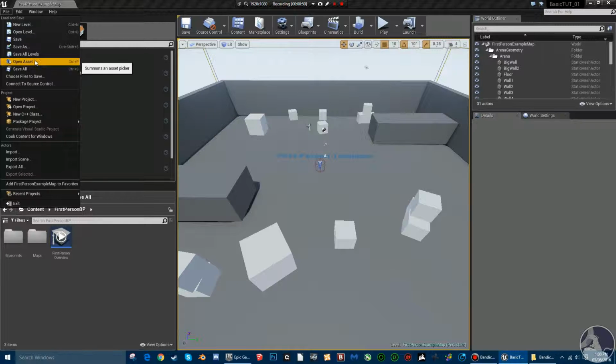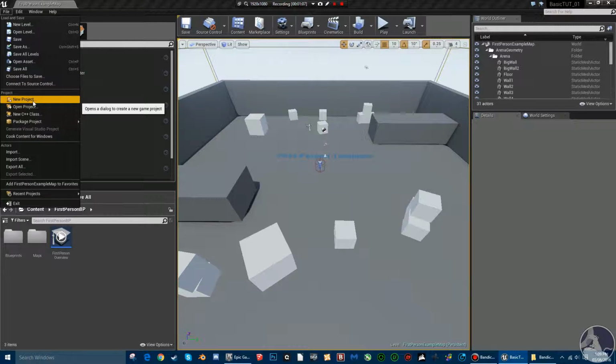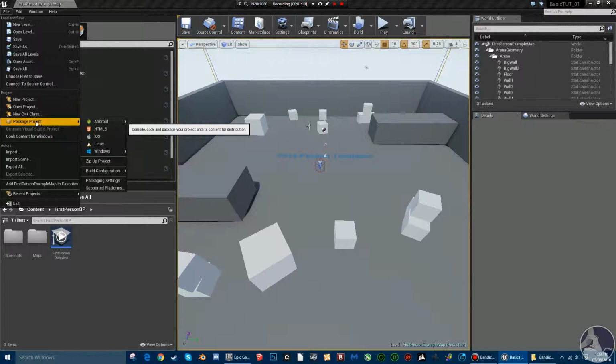Open assets just basically opens an asset window. Save all saves everything in the scene, so all your blueprints and everything. Choose files to save, obviously just choose. Connect to source control, I'm not entirely sure with that, never used it. New project, start an entire new project from the engine itself if you want to do that, but I've never done that myself. Project settings, package project,